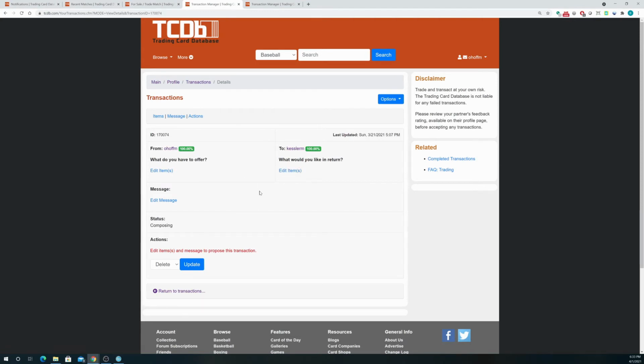So this one really depends on the match on which one I like to start with. If there's only 3 cards that they want of mine, I'll put my 3 on there first and then try to find matches. So I usually like to start with the one that has the least amount of matches,